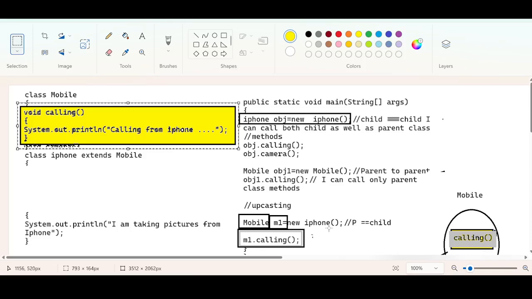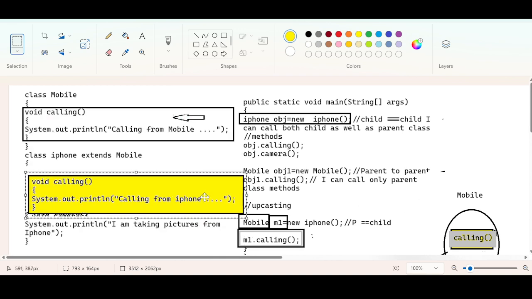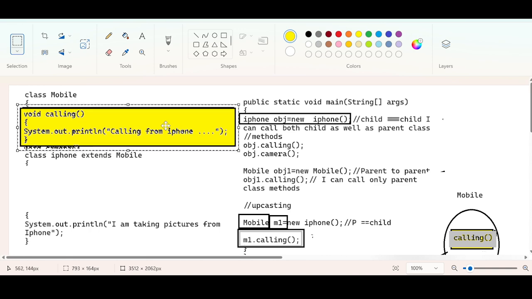So the subclass method with the same name will be overridden, and the control will execute the subclass logic because of upcasting.